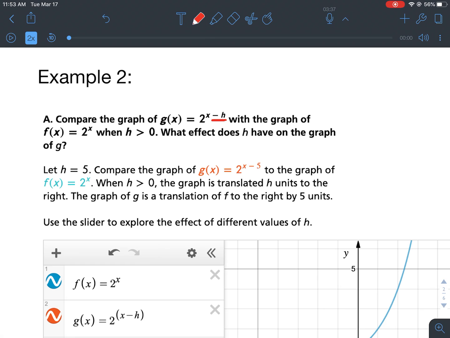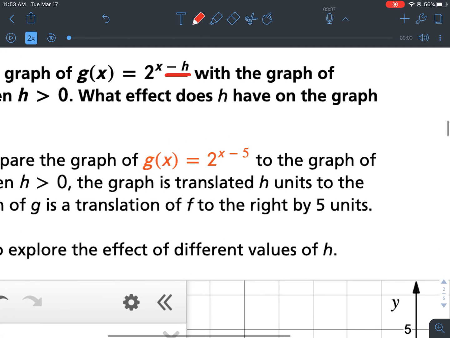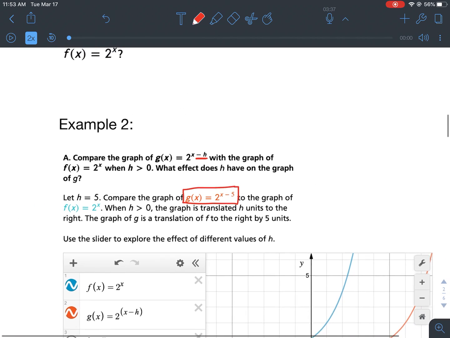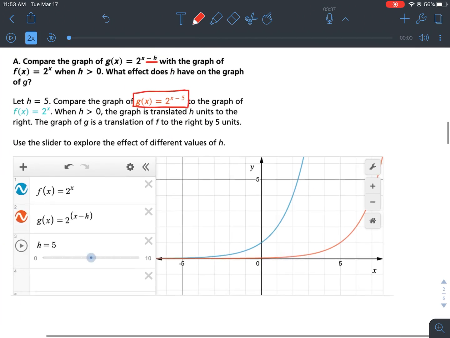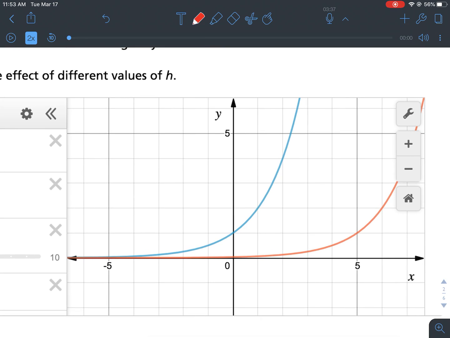So when you look at this example, it says let H equals 5. Compare the graph of g of x equals 2 to the power of x minus 5. So let's look at this. This is a screenshot of Desmos, okay? We have typed in f of x equals 2 to the power of x, g of x equals 2 to the power of x minus h in parentheses, and then we distinguish that h is equal to 5. What you need to notice is your blue line is the 2 to the power of x. But if you look at the red line, it actually went to the right instead of going to the left,